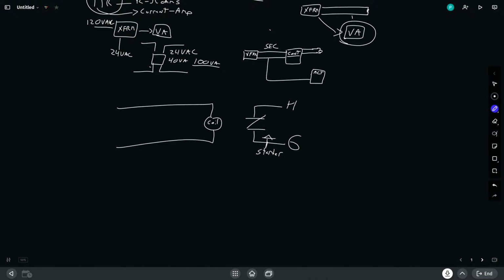Now, to pull in that coil requires a certain amount of amperage. To energize starters directly requires even more amperage, and that's where some of this VA loading concept comes from. This is a key concept that you need to understand in building automation. We need to understand circuits, coils, closed and open contacts, transformers, secondaries, primaries, and the effect of resistive loads on the secondary from a VA power perspective. So a lot of concepts swirling around.